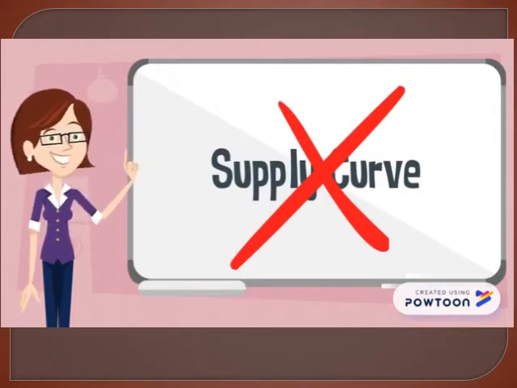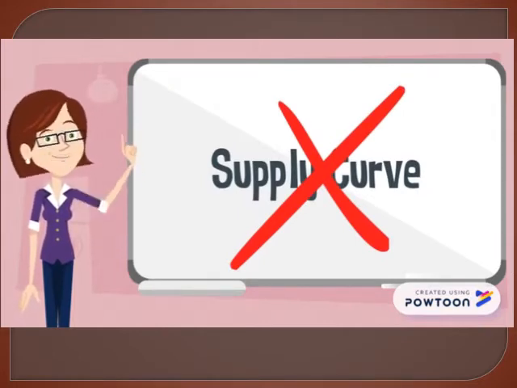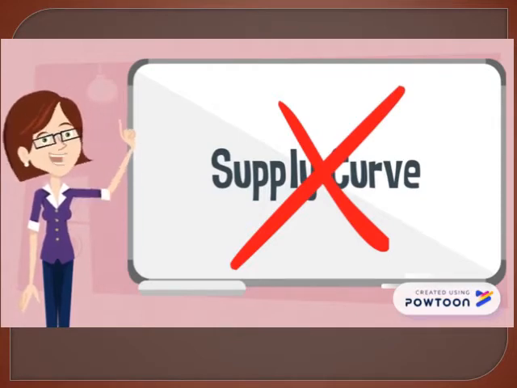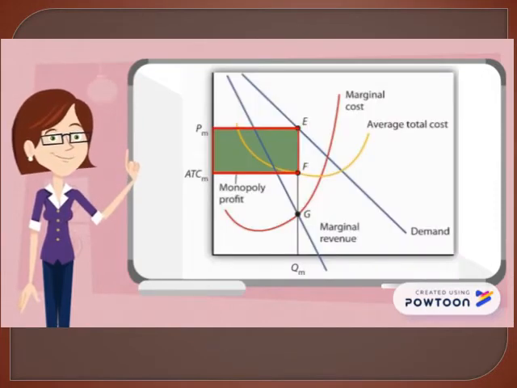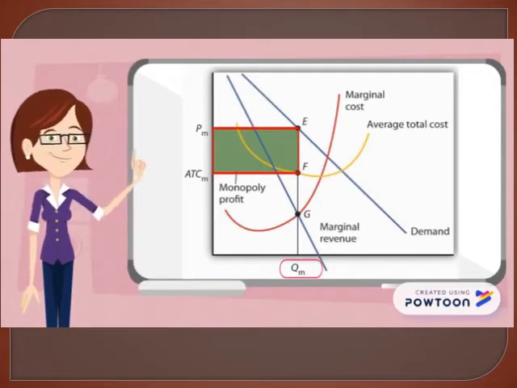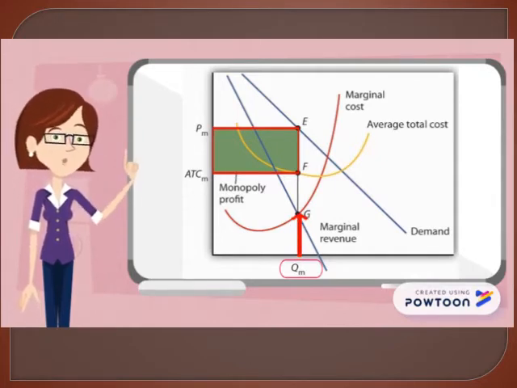A monopoly is also unique in that it does not have a supply curve. This is simply due to the fact that a monopoly is a price maker, not a price taker, so there is no need to specify a supply curve. Additionally, a monopoly is going to act as a profit maximizing company since it is alone in the industry. Monopolists will set their quantity of production at the place on the graph where marginal revenue and marginal costs intersect. It's a lower quantity where they will also simultaneously charge a higher price that consumers are still willing to pay. Their revenues exceed their costs the most at this point, and as a monopoly, they can make these higher profits without threat of having to lower their prices.